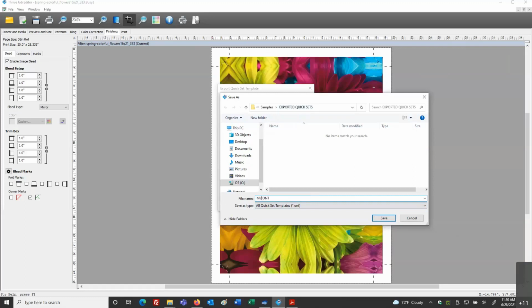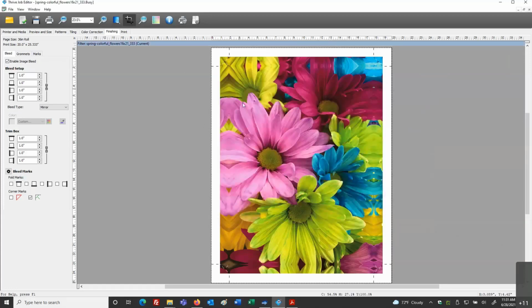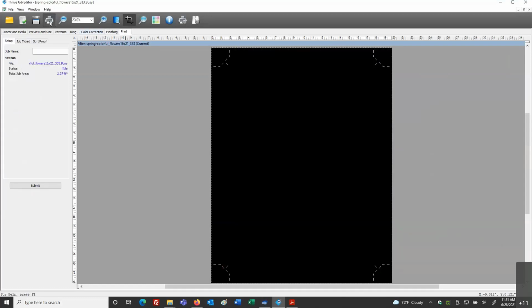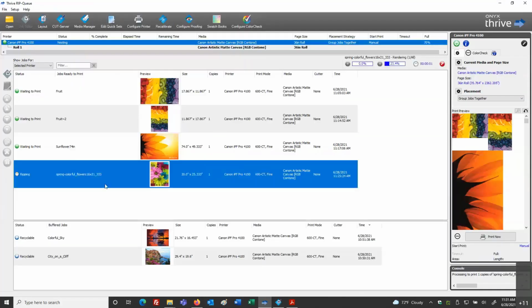And I might say mirror bleed 1-inch. I'll save that out. And now this job is completed. I'll submit this back to the RIP. Now my file is going to RIP with those settings applied. And that was me doing this manually in the Job Editor feature.